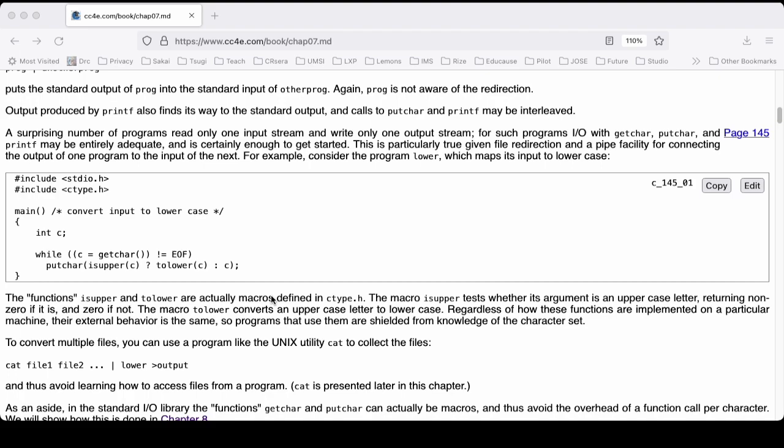This is particularly true given file redirection and a pipe for connecting the output of one program to the input of the next. For example, consider the program lower, which maps its input to lowercase. This is an example on page 145 of the textbook that you can see at